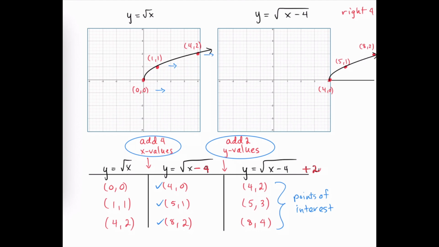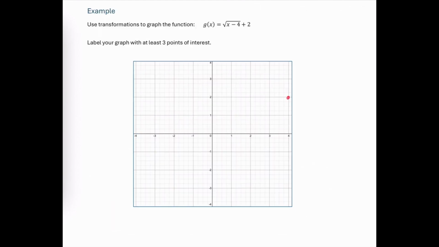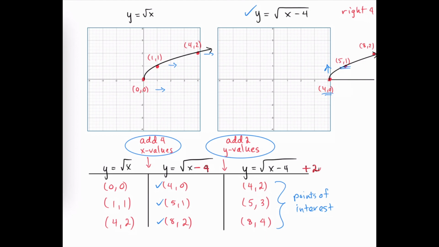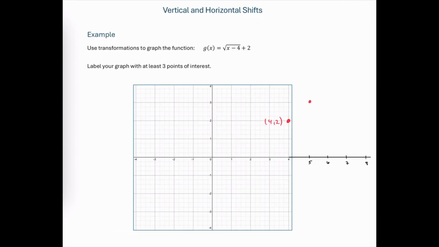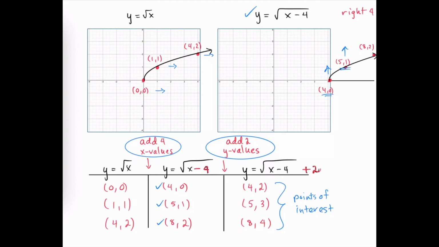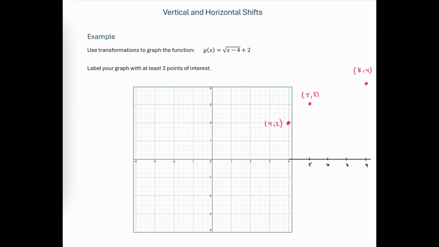Let's see how this plays out if we were to make the transformation graphically. From the x minus 4 graph, we're going to move all of these ordered pairs up 2 units. So the ordered pair (4, 0) will be shifted up 2 to the ordered pair (4, 2). The ordered pair (5, 1) will be shifted up 2 and land at the ordered pair (5, 3). The ordered pair (8, 2) will be shifted up 2 units and land at the ordered pair (8, 4). And then we connect the dots with the square root of x graph. Again, half a parabola opening off to the right. This is our final answer, and we have our 3 points of interest clearly labeled,